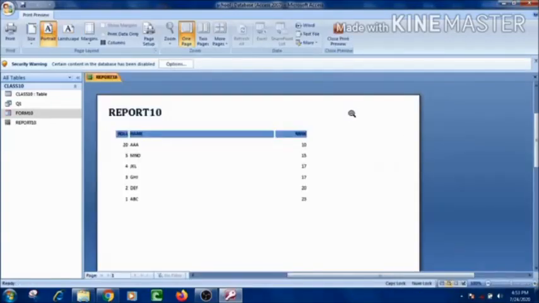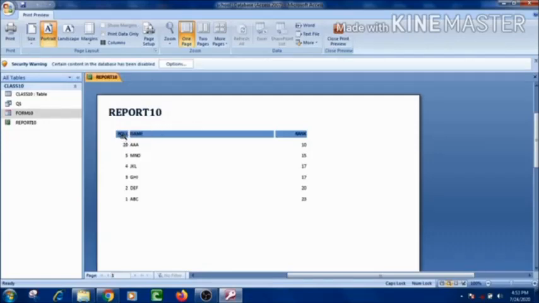Now this is the report of the table class 10, and all of you can see that REPORT 10 is displayed at the top. Why is it so? Because it is the title of the report, and we have given the name there as REPORT 10.